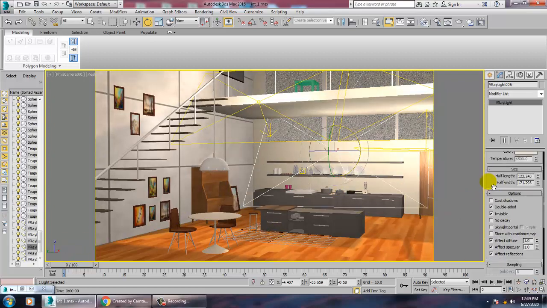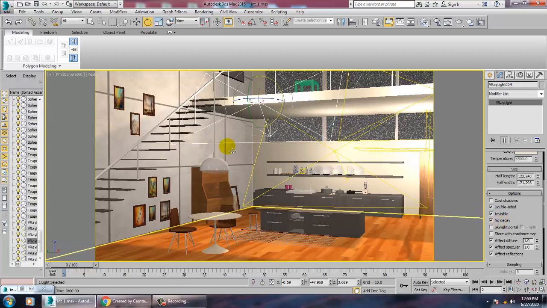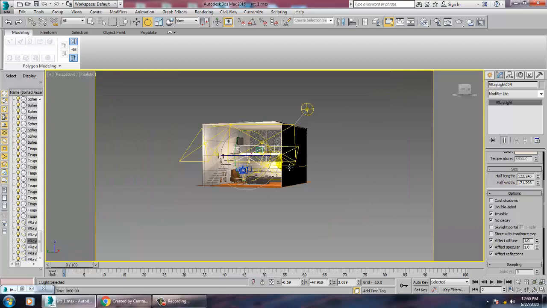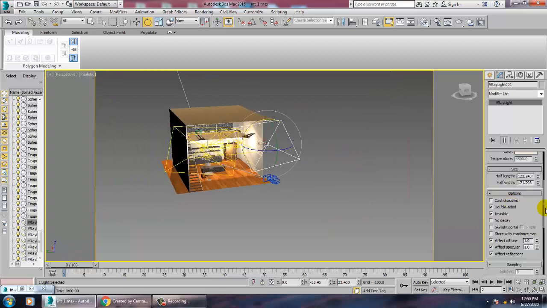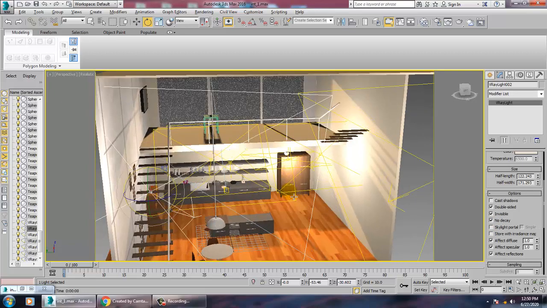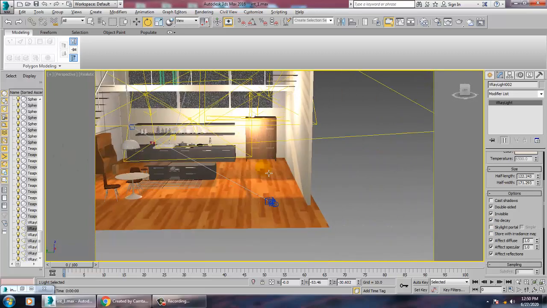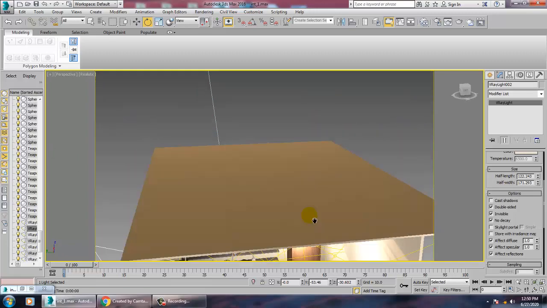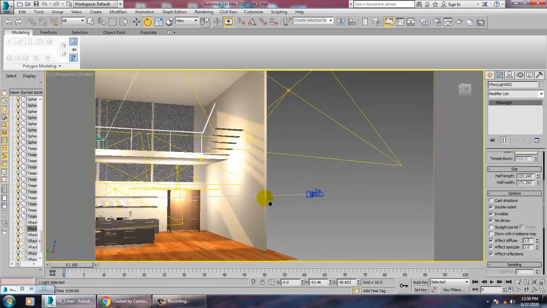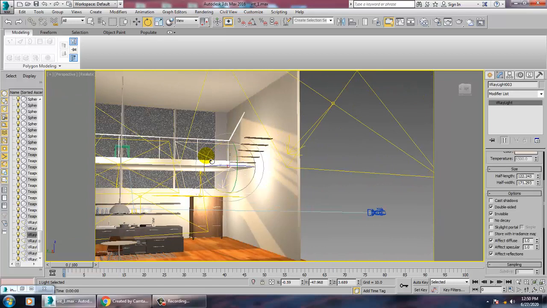As I explained, no decay. Make sure you activate the no decay option for the lights. We need only the cast shadow for that. So we'll select this light, no decay.